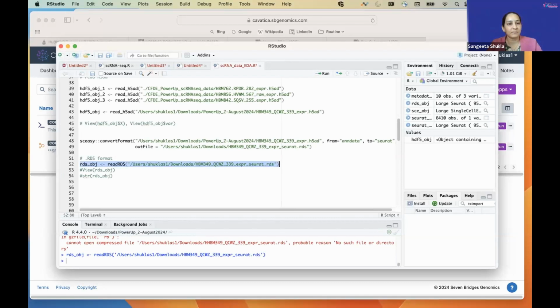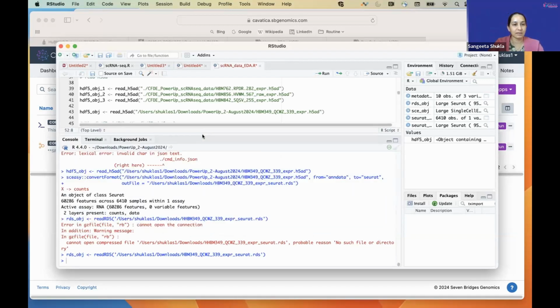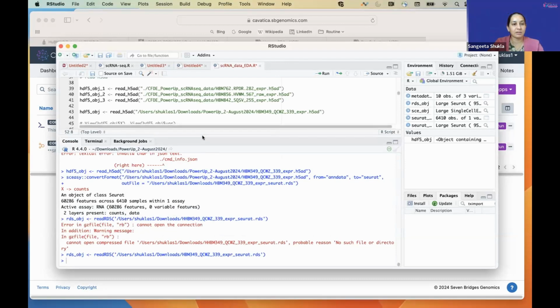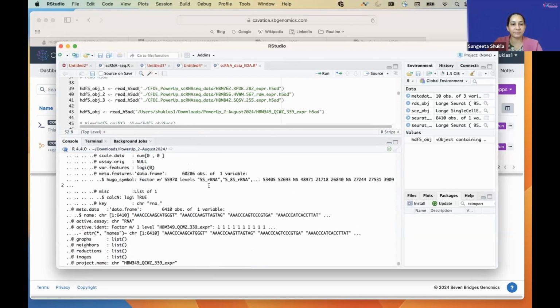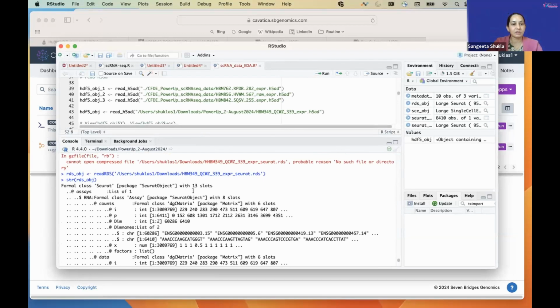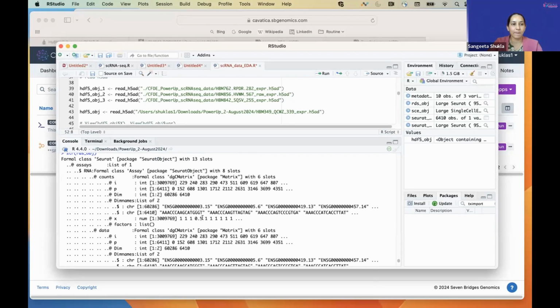Yeah, that might have been a typo somewhere, but let's read this Seurat object. I'm going to show you what this Seurat object looks like by running commands as simple as checking what this Seurat object is. If you see here, the description of this RDS object is that it's an object of Seurat class type, and in this Seurat class type, you'll see that